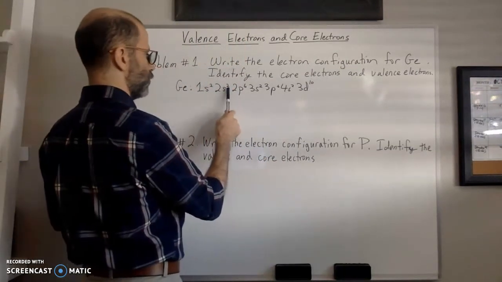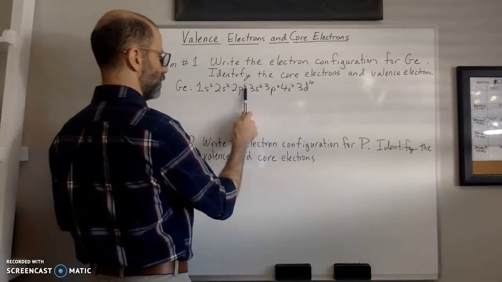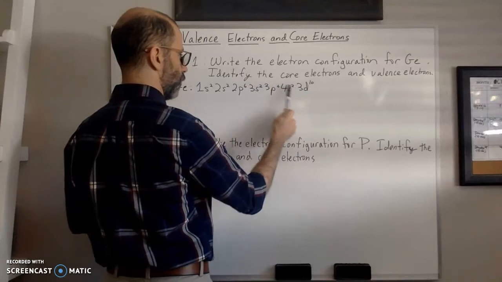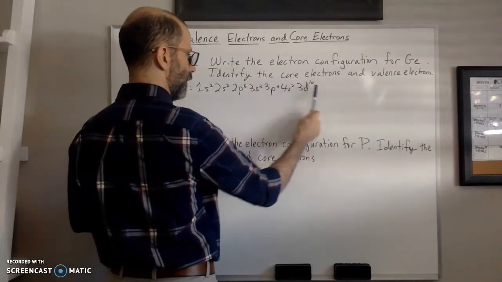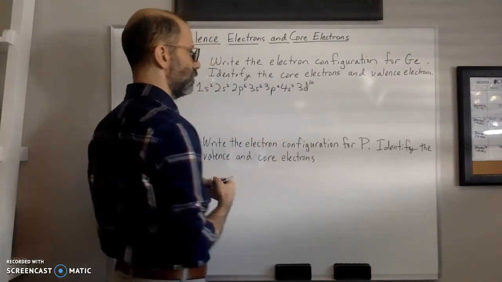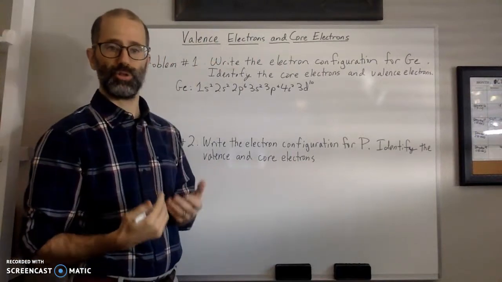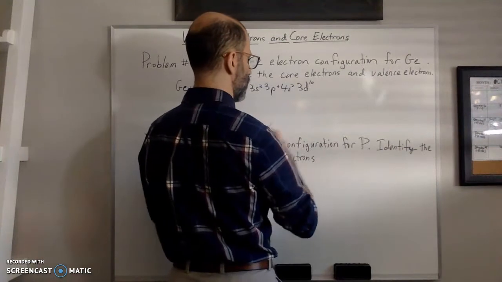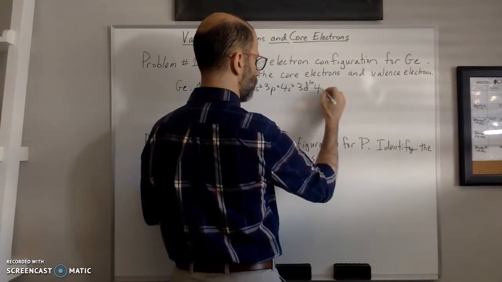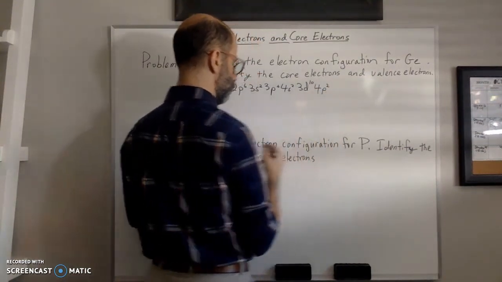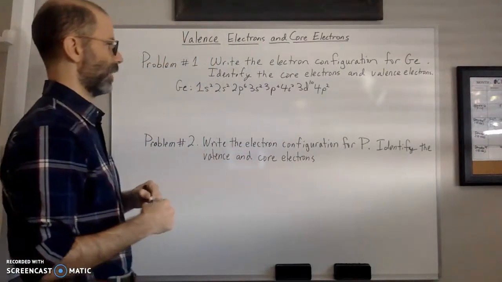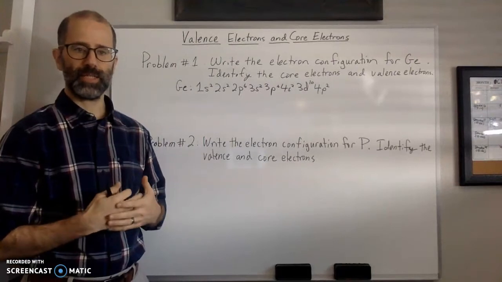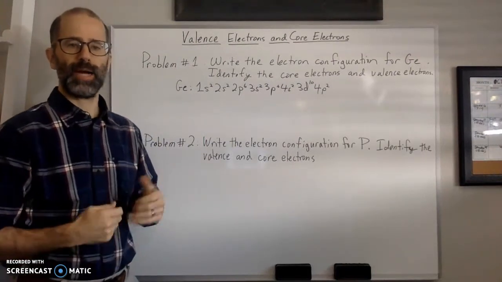So we have 2 and 2 is 4 plus 6 is 10. Plus 2 and 6 and 4 is another 10, that's 20, and then we have 30 there. But we have a total of 32 electrons. So after the 3d comes the 4p, and we have 2 electrons in there. So when we're trying to figure out the valence electrons and the core electrons, we have to remind ourselves what